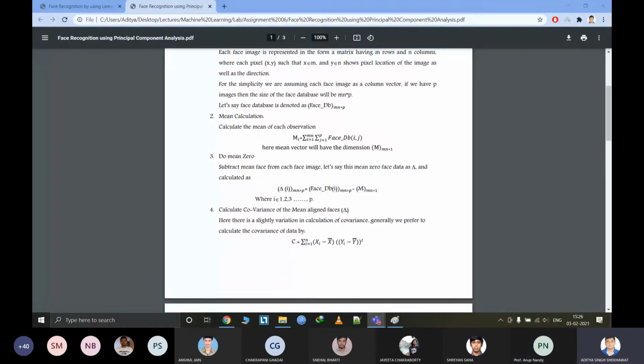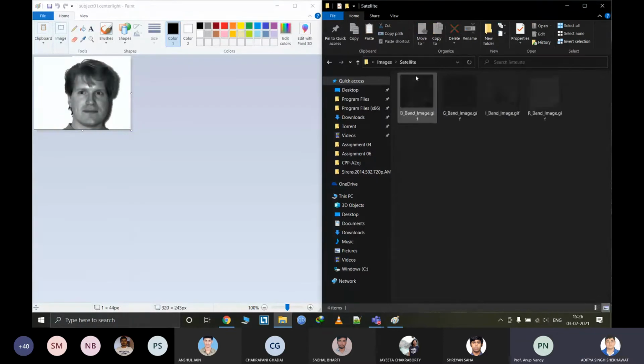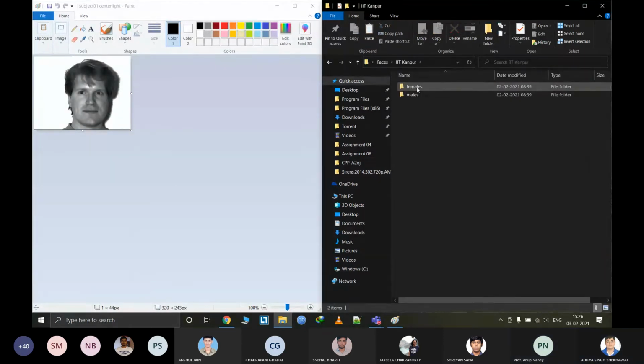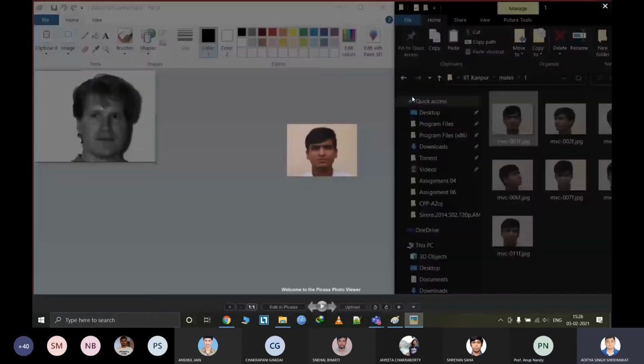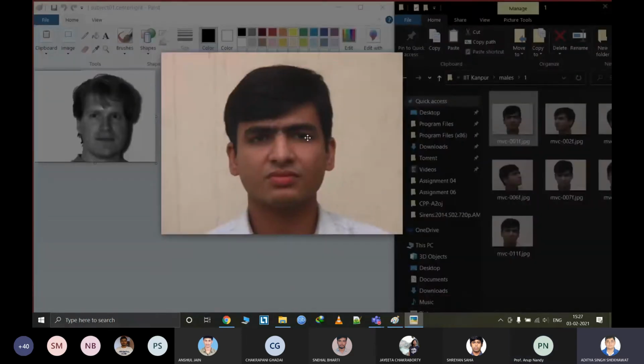That is, we only got the cropped faces. But if you use the IIT Kanpur data set, let me show you that also. He has done a lot of R&D in this work. So we have a bigger resolution picture, or we only need the face one. In this case, we need to do the mean align.